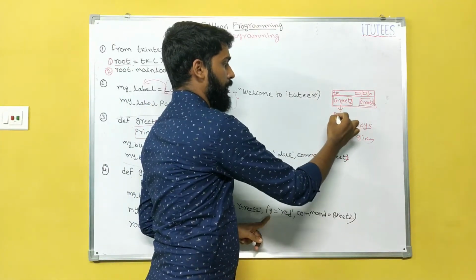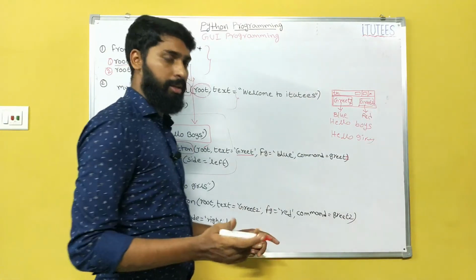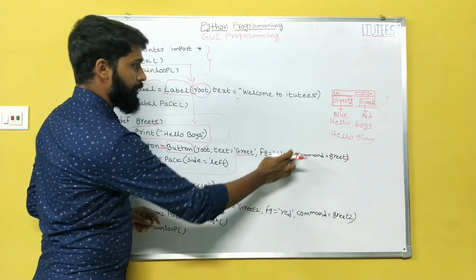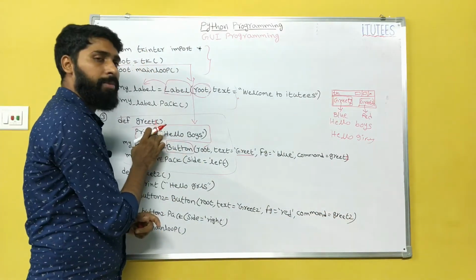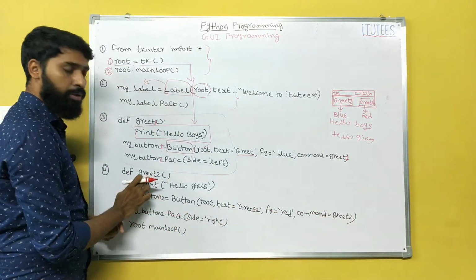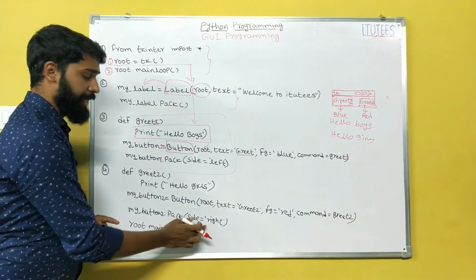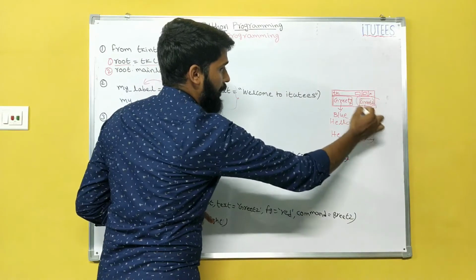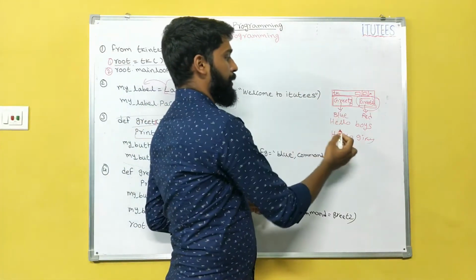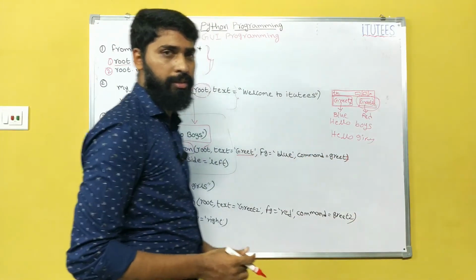So this is in the color of blue, greet 1. This is in red color. You can see all these in our practical session. And command equals to greet 2. If you click on this greet 1, this method will be invoked. If you click on this greet 2, then greet 2 method will be invoked. So my button 2 dot pack side dot right. This button is added in side right. So now if I click on greet 1, it prints hello boys. If I click greet 2, it prints hello girls.